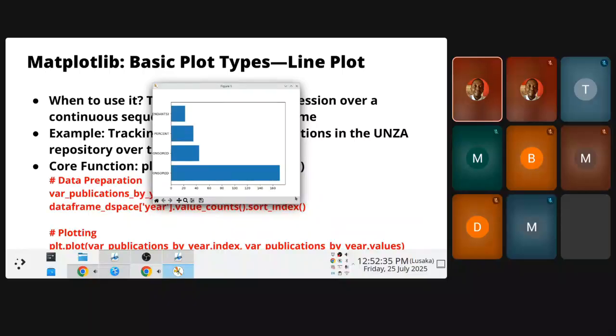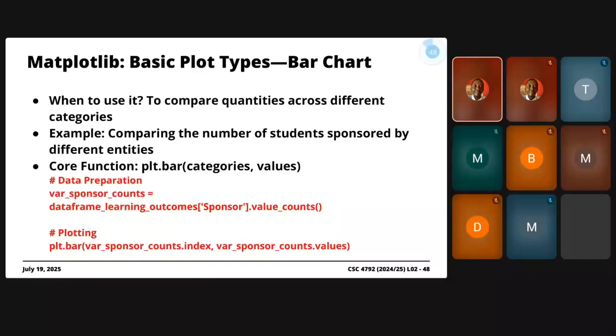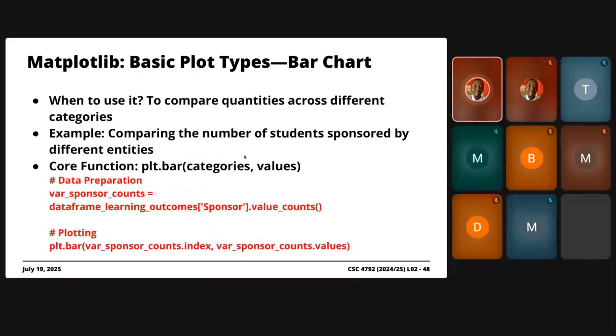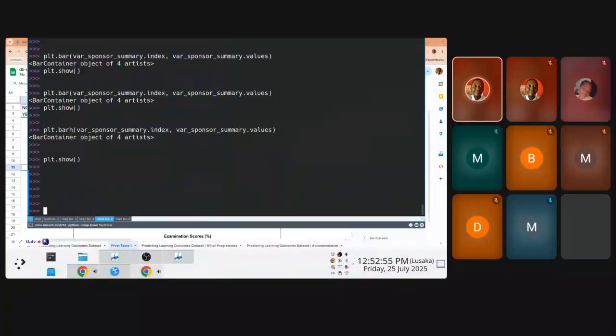All right. So that's an example of the bar plot, right? A bar plot takes in, at a bare minimum, the labels you're going to have, like these things here, the yes or no, comma, the values. The values are the actual quantities. So it's like I wanted to say, I want to plot